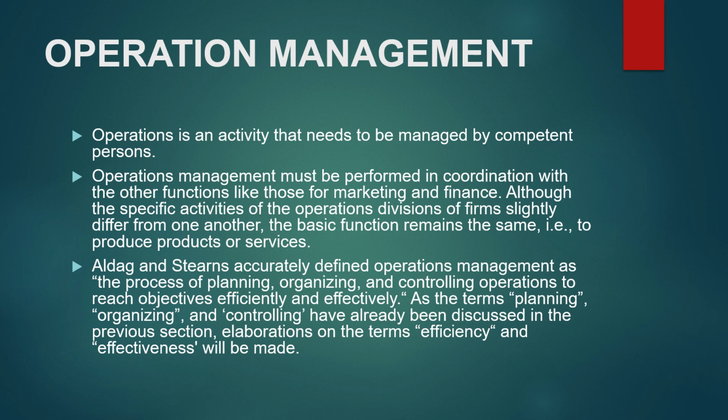Efficiency is related to the cost of doing something or the resource utilization involved. When a person performs a job at a lesser cost than when another performs the same job, he is more efficient than the other person. Effectiveness refers to goal accomplishment. When one is able to reach his objectives, say produce 10,000 units in 1 month, he is said to be effective.